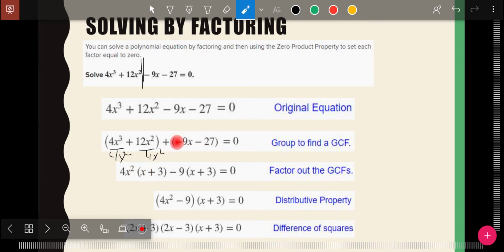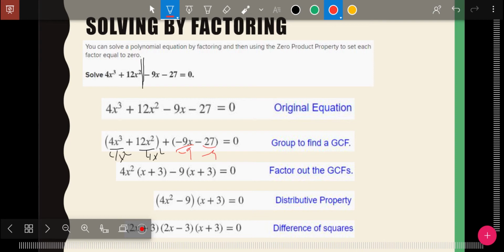Down here, what goes into both parts? 9 goes into both parts, 100%. Now, the way I think of it is I want these things inside to be the same. So if I take just the 9 out, this is going to be minus. And I want them to be the same, so I want to take a negative 9 out. By taking a negative 9 out, negative 9 times x makes negative 9x, but that's positive x. Negative 9 times positive 3 makes negative 27. Or if I go back in my reverse thinking, I divided both of those by negative 9 to get my